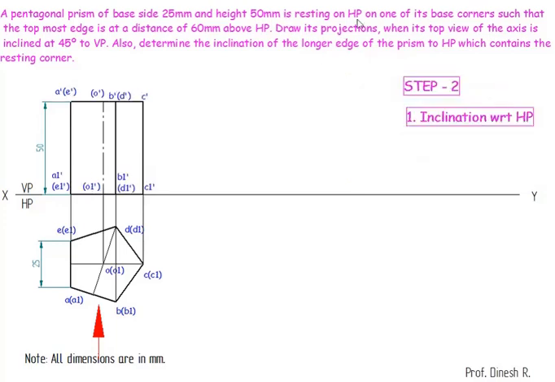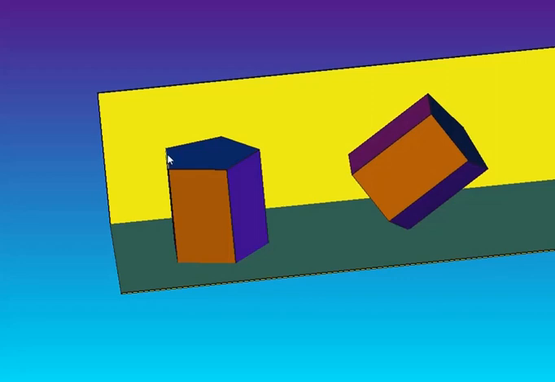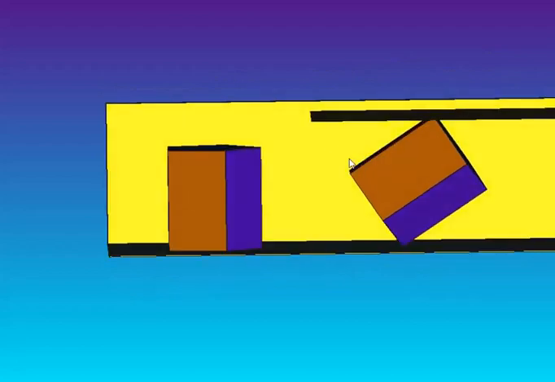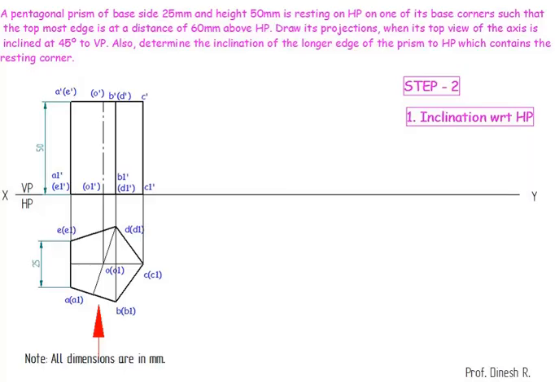In second step, we need to see the inclination with respect to HP. So here it needs to be resting on a corner, which is nothing but the base corners, and instead of giving the inclinations he has given the height. So here we are going to tilt the pentagonal prism till the opposite end, that is this edge, top edge, which should be at a height of 60 mm. So we are going to create a plane where from the base to this plane height is 60 mm. So here I'll be drawing the line, height is 60,